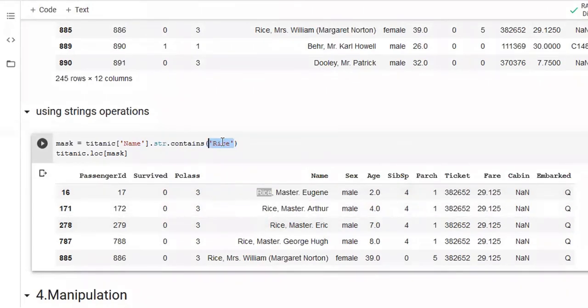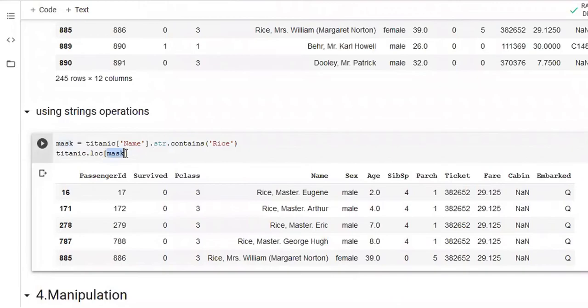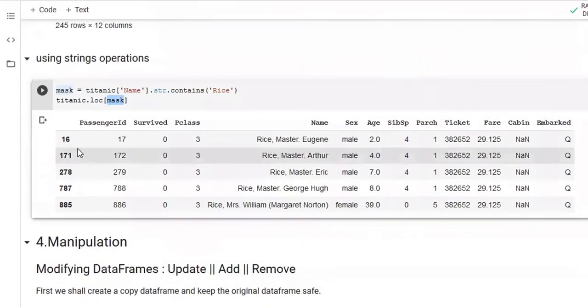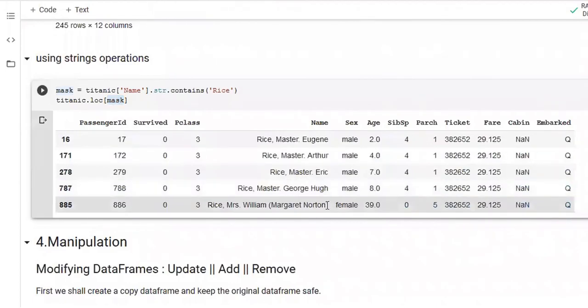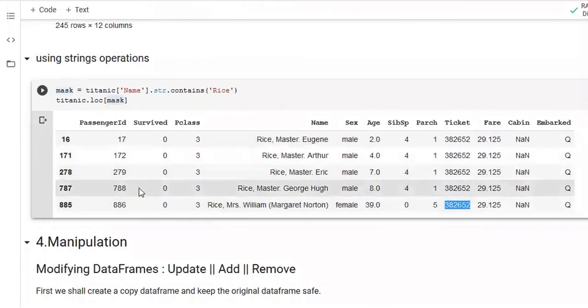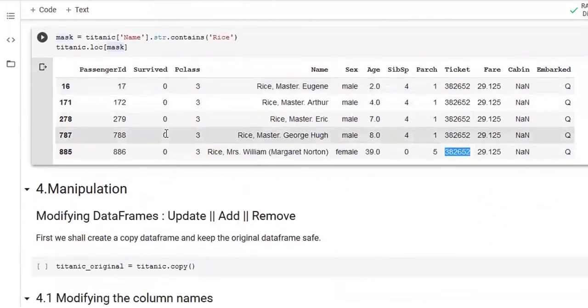I just put it in contains. It's going to return me a mask of all the names which had Rice in them. And then if I pass the mask to loc, I will get the 5 people who were of the same family. You can also see that the ticket number for all these people was the same. So this is how you can apply different kinds of conditional filters.